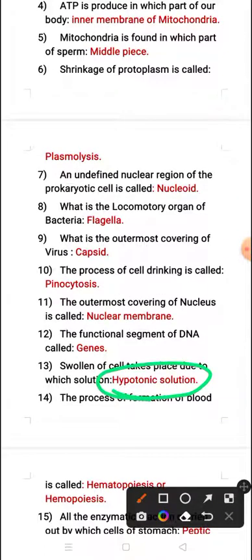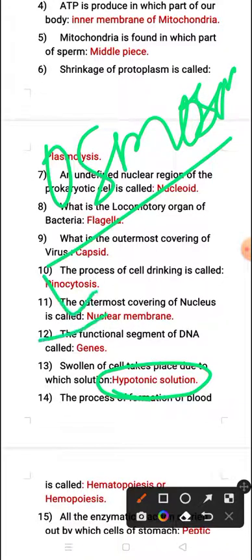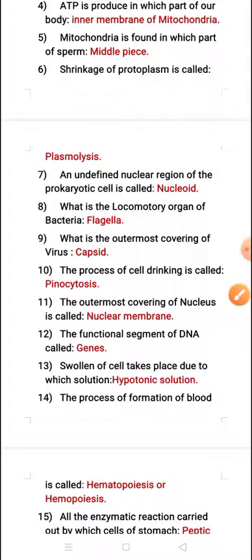And you know osmosis, the movement of water molecules from higher concentration to lower concentration, that is your osmosis. There are two types of osmosis, endosmosis and exosmosis. Endosmosis means entry of water into the cell. Due to endosmosis, the cell size increases, and swelling takes place. But in exosmosis, water is removed from the cells. As a result, the cell size decreases. Clear? That is endosmosis and exosmosis.